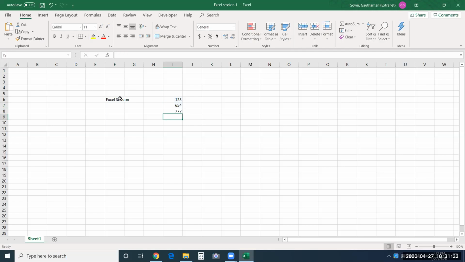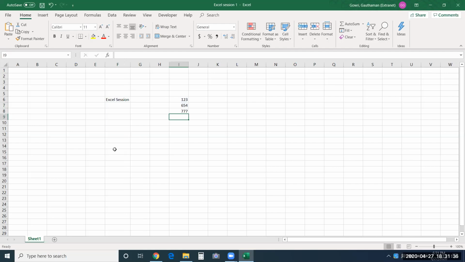So if I want to edit this text, there are three ways. Either select this and start typing, it will get edited, or double click on it, that also lets you edit, or you can go to the formula bar and edit the cell. So these are the three ways in which you can edit the cell content.